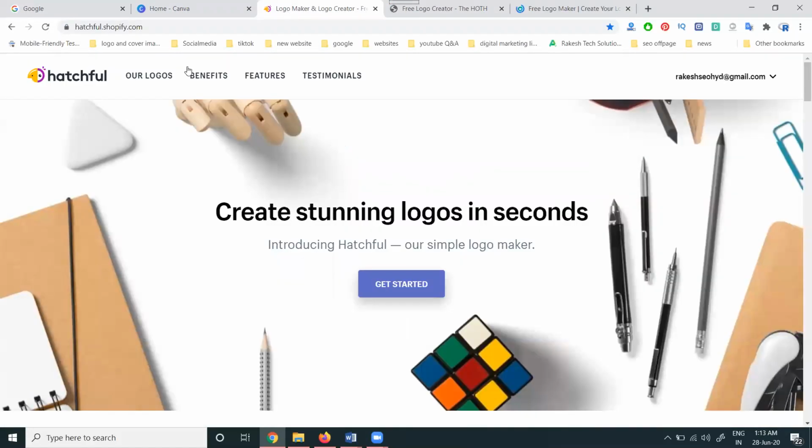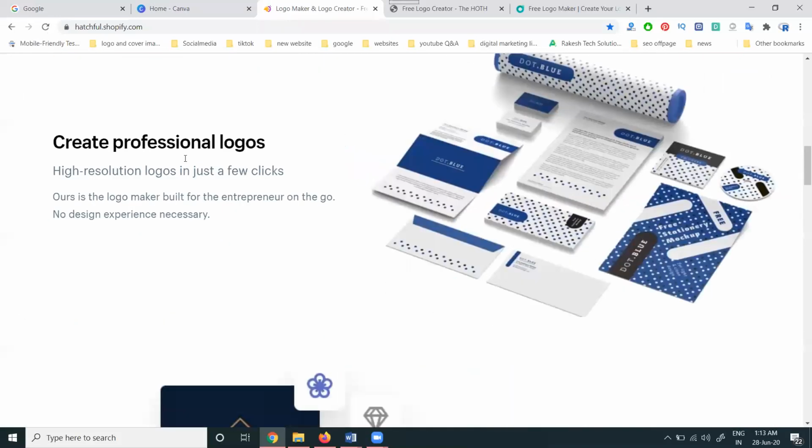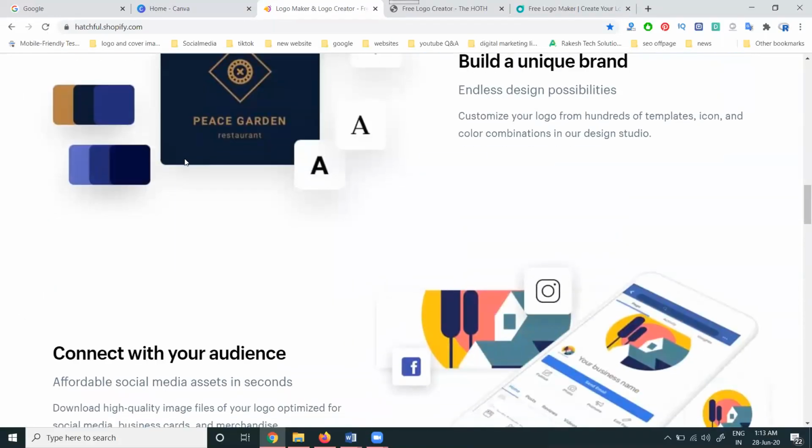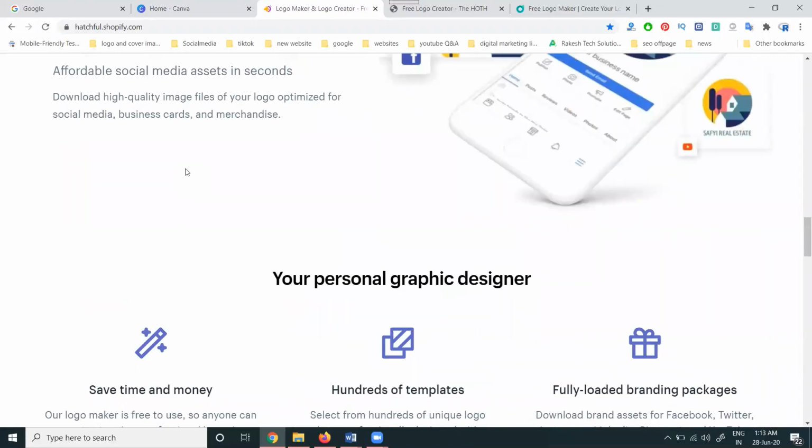Coming to Hatchful, it makes logos for social media purposes also. They give PNG and JPG format, so there is no need to use the remove.bg option. They create logos for different social media purposes, visiting cards and a lot of other options. This feature is mainly used for logos and social media logos.